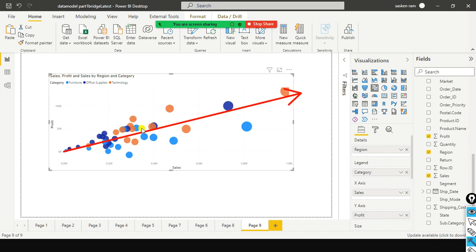Most of the circles are somewhat closer to this line, but there are some circles a little far away from it. This is kind of a linear line, a straight line. So that means if all the data values are closer to this line, that means there is